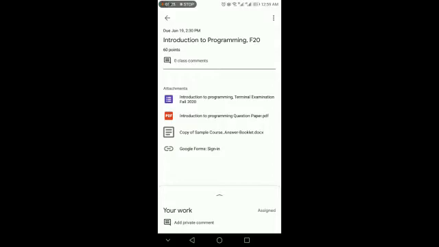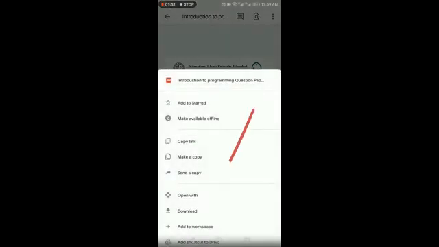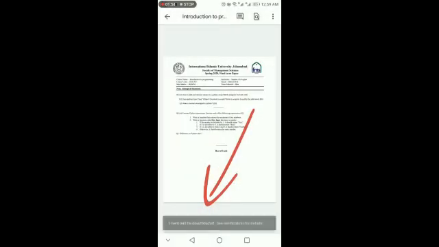So first of all, you need to open the question paper. Here you need to download the question paper. For that, you can see at the top right of the screen there are three icons. One is the pen icon, the other one is the arrow icon, and the three dots. You will click on the arrow icon first. From here you will click on these three dots which are at the extreme right of your screen. Click on it and you will download it. This is how your paper is being downloaded into your device.